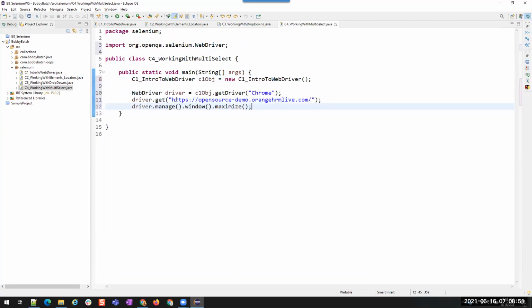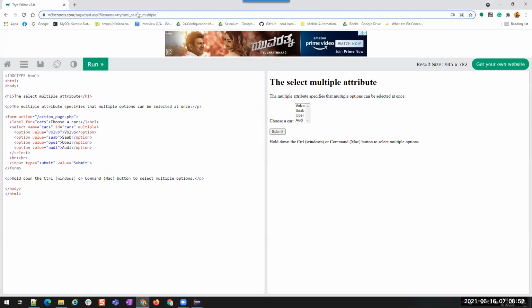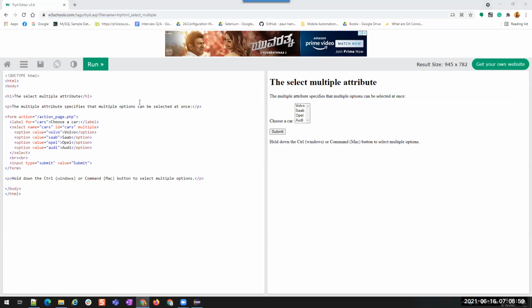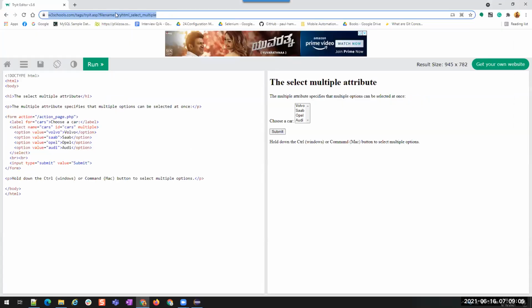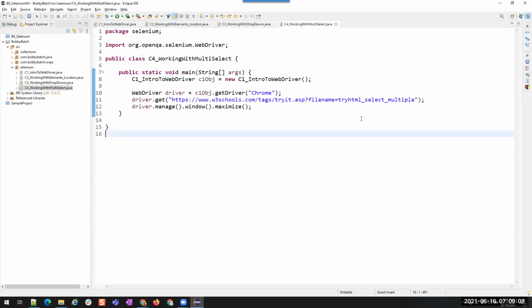But here the URL is not this. We are not going to open this application. So I'm going to change the URL to this directly. This is going to open this URL.